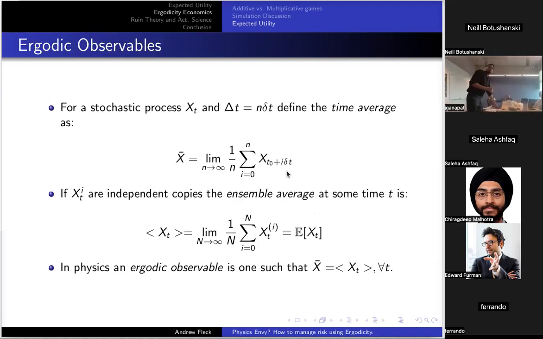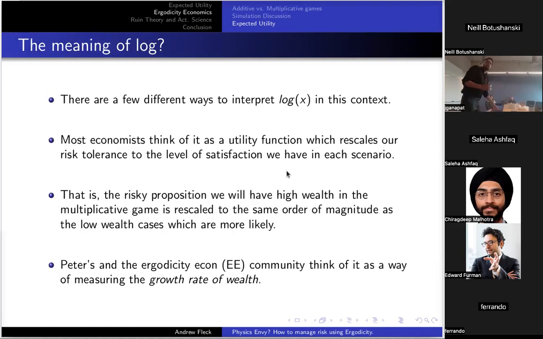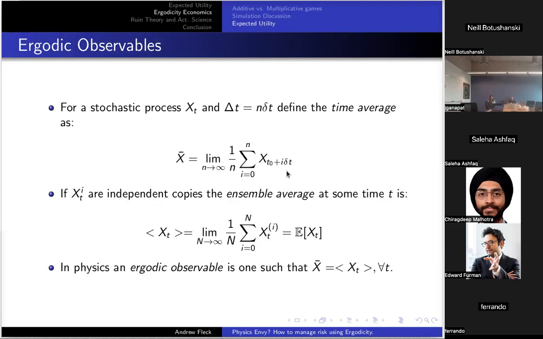As a quick preamble, an ergodic observable is one where, if I have a stochastic process, this is the physicist idea of ergodicity, and I take an average, I observe a single path over time and take an average, I'm going to get, assuming it converges, and I'm assuming a lot here,